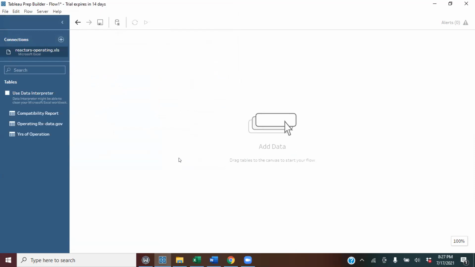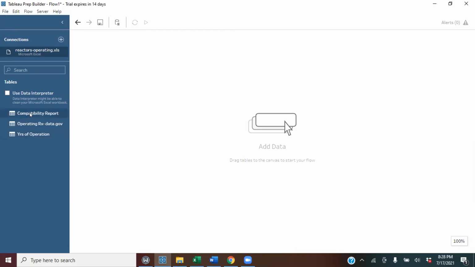Okay, so the next thing to do, if you log into any database and you have more than one table, it's going to populate on your left hand. So you have to drag the one you want to use into your canvas. So which table are you using? Once you connect to the data source, you see all your tables below on your left hand side. So which of those tables do you want to use?